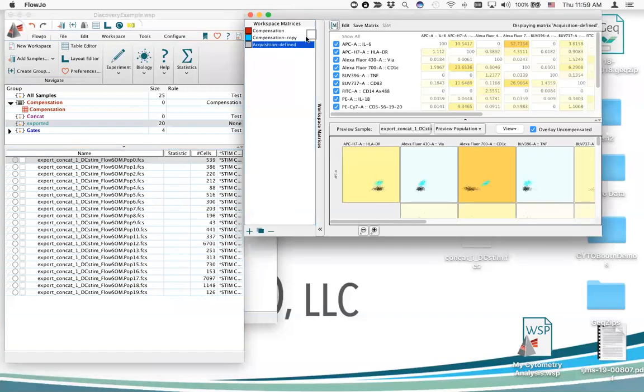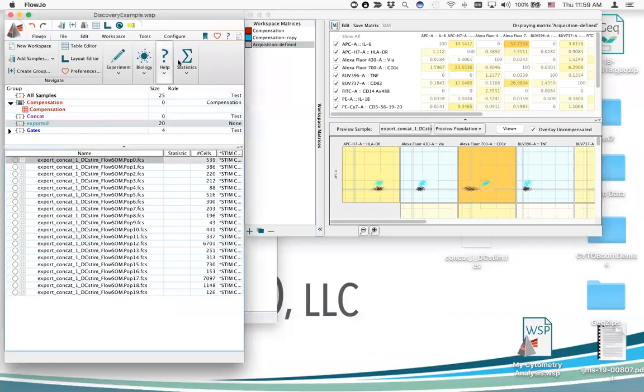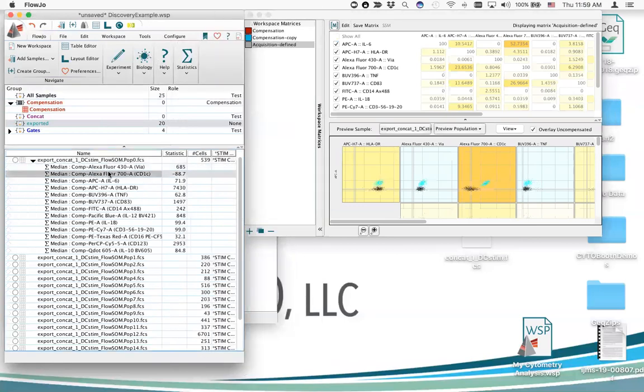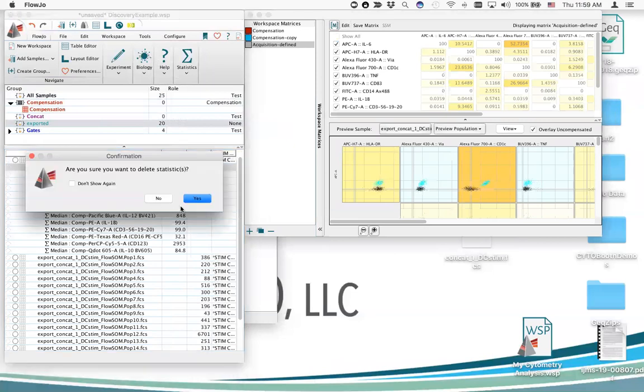Get my matrix on there. All right, now I'm going to do all compensated parameters. Medians of all compensated parameters. Right, so I get all of my numbers, and I don't care about VIA or